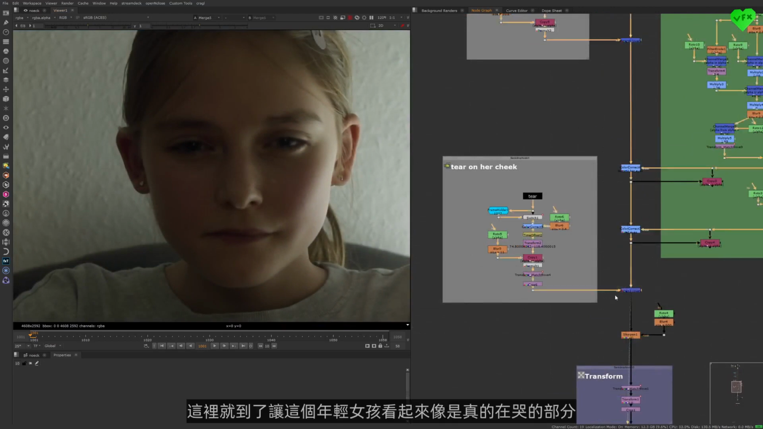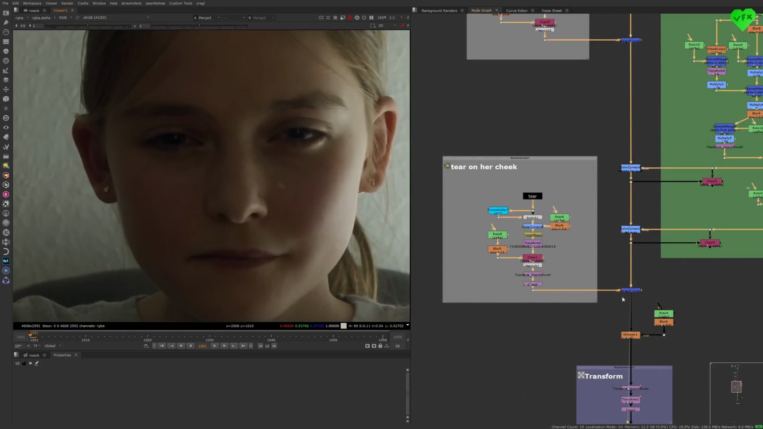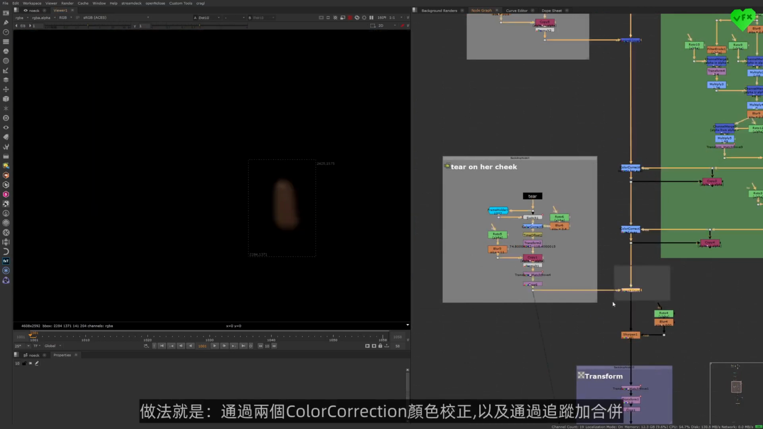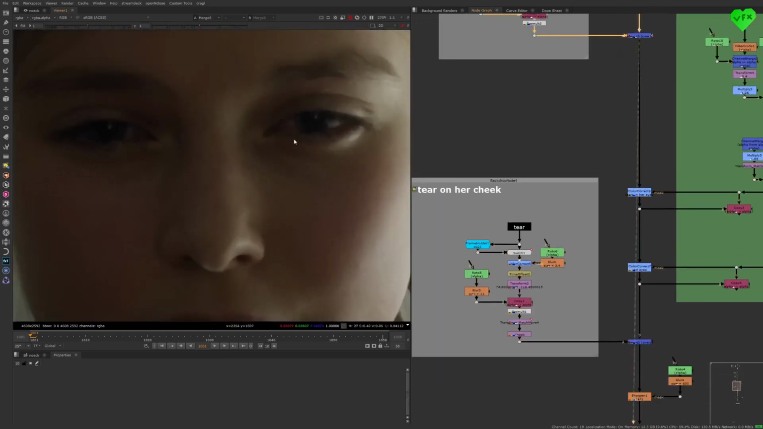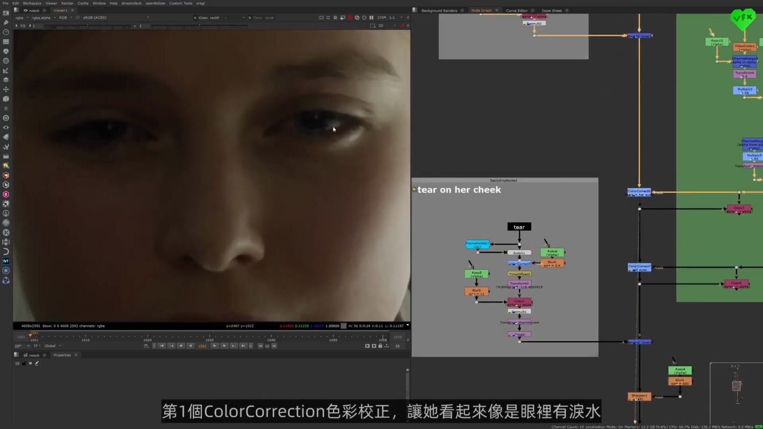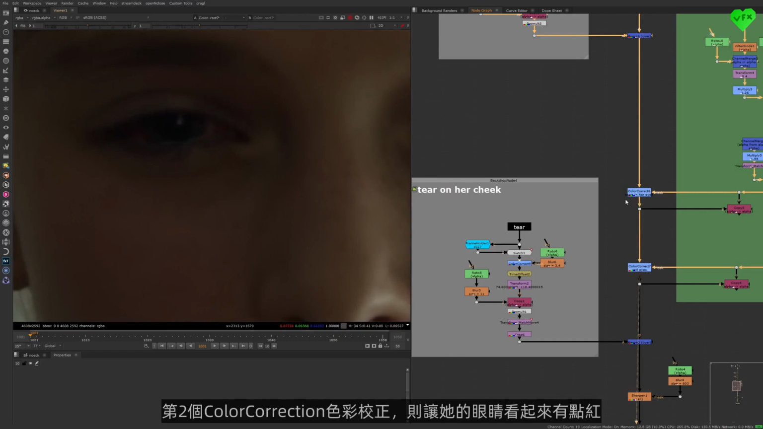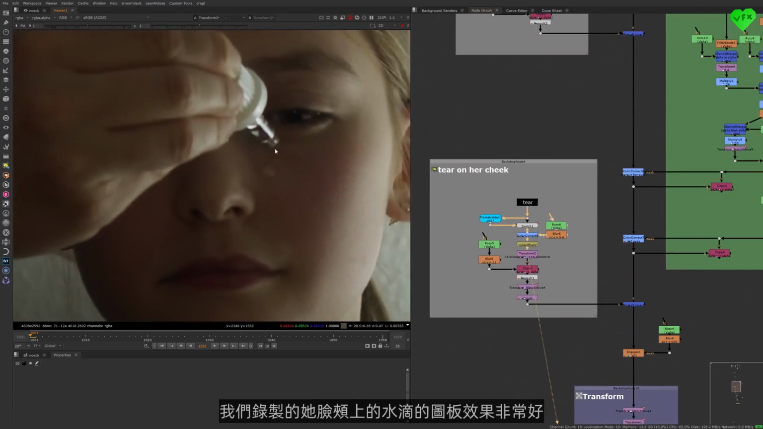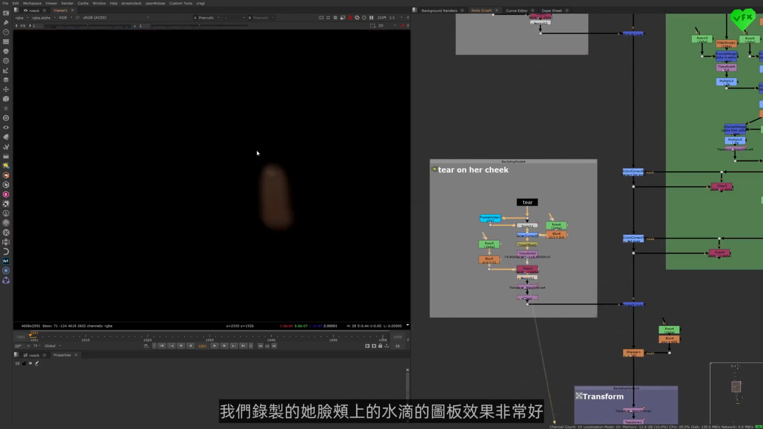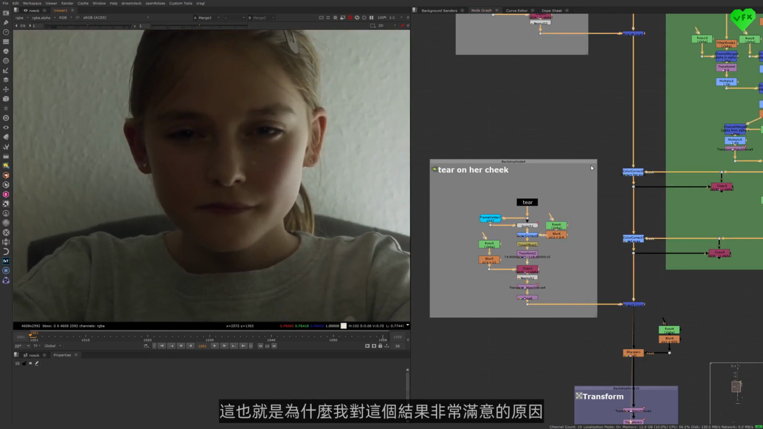Here comes the part in which I made the young girl look like she was actually crying, with 2 color corrections and a masked plate of a drop of water on her cheek that is tracked on and merged over her face. The first color correction makes it look like she has tears in her eyes, and the second color correction makes it look like her eyes are a bit red. The plate of the drop of water on her cheek that we recorded worked like a charm. In my eyes, it really does look like she's crying in that shot, which is why I was really happy